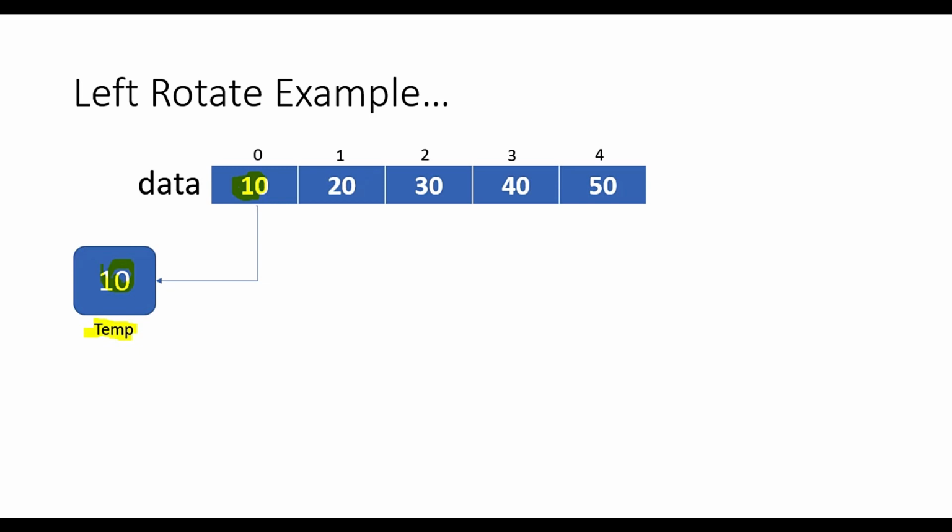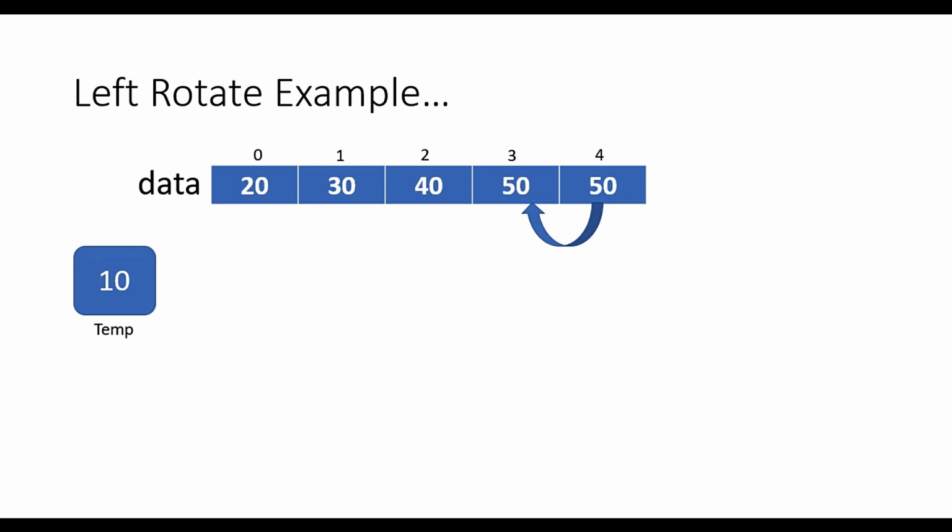Next, we'll perform the operation of shifting, wherein we would like to shift the elements by one position. So as I said, first we'll copy the data. This is some program statement we'll write which will copy the data, and next we'll start shifting the elements by one position. So first 20 will be shifted towards left. So the resultant array looks something like this. Then 30 should be shifted towards left. Then 40 should be shifted towards left, and then 50 should be shifted towards left.